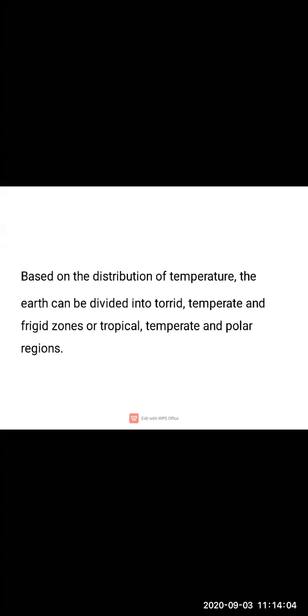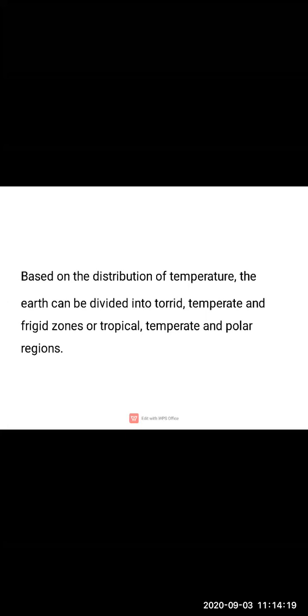Next is frigid. Frigid zones mean it is very cold in temperature. Again, I will repeat. Torrid or tropical, it is very hot or dry. Temperate means not very hot and not very cold.